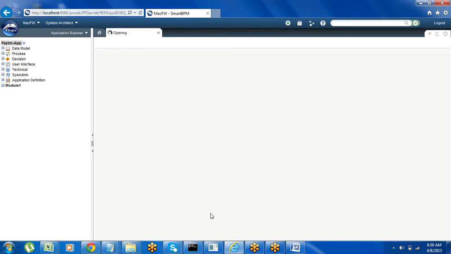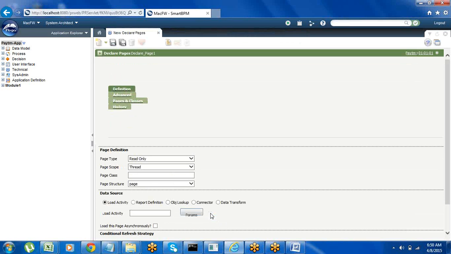See, once we define the declare page, there is no need to create it every time, so we can reuse it later in the total application. We can set some intervals and it will refresh the data in the database. Suppose for some interval we have to refresh the data, we can set the interval with some condition.